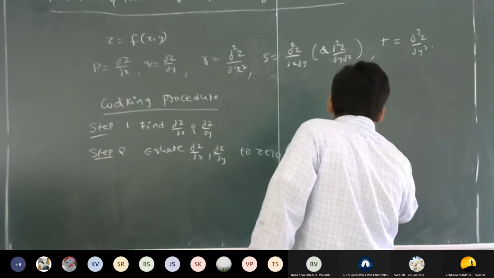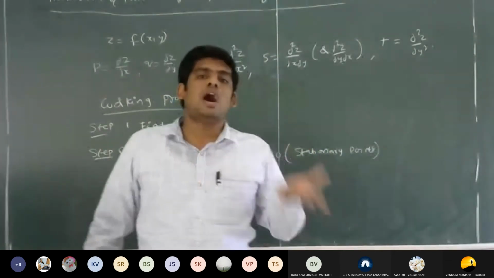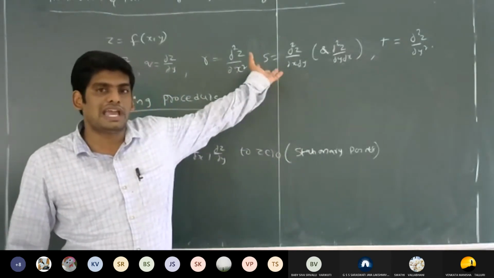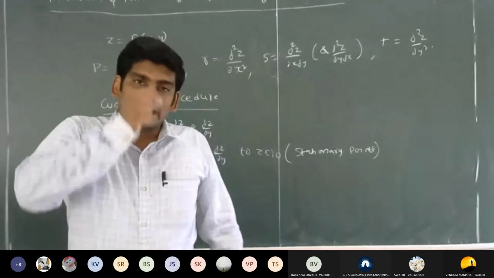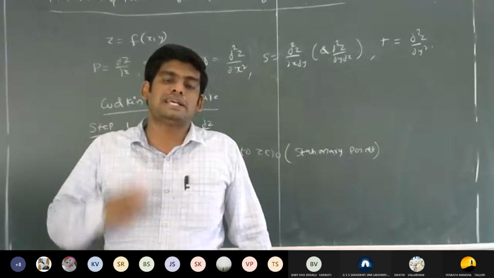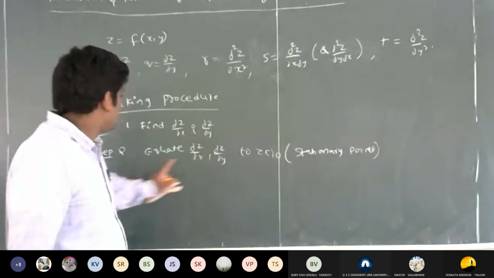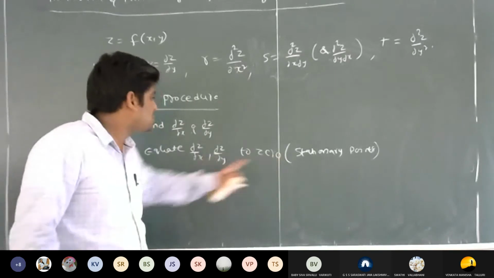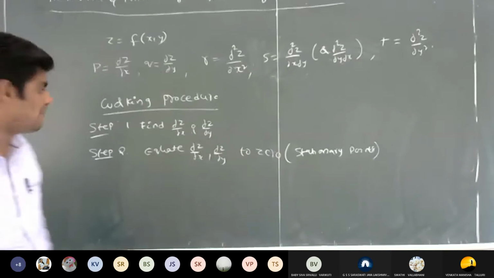At the stationary points, we will discuss whether the function has a maxima or minima. We already discussed in a diagram that A, B, C are nothing but stationary points. At those points we are justifying whether the function has a maximum value or minimum value, right? Here dou z by dou x and dou z by dou y equal to 0. The obtained points are called stationary points.